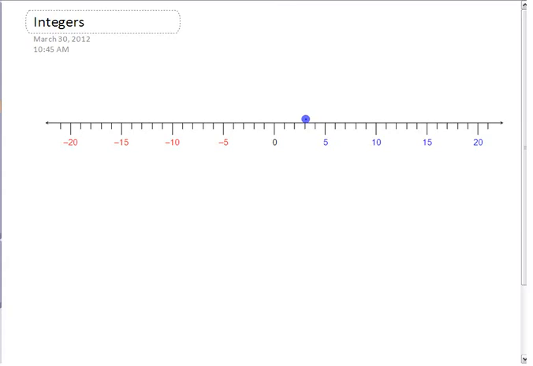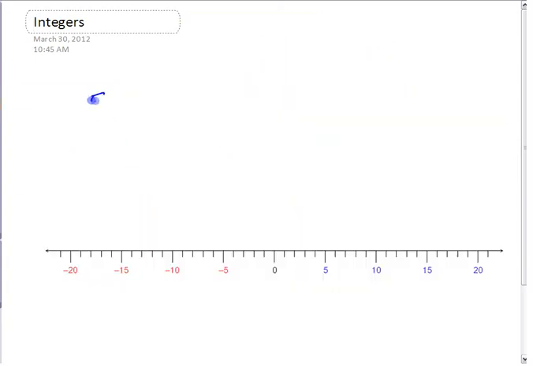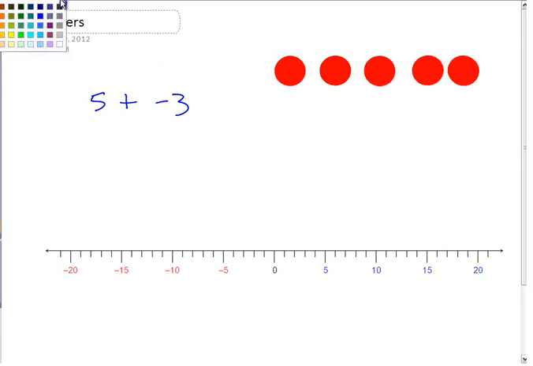When we start to think about adding and subtracting and multiplying things, all right? I think I talked to you last time about how when you're adding integers, you could think of it as... you've probably used integer chips before. If you're adding something, let's say we're adding 5 plus negative 3. One way you can model that is with something to represent the positives. There's 5 positives,